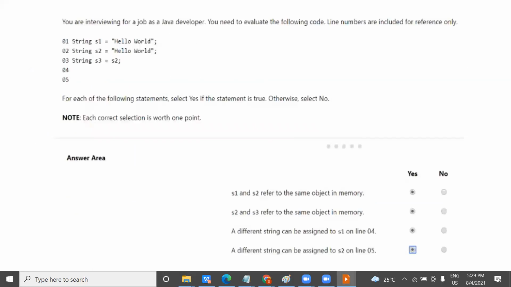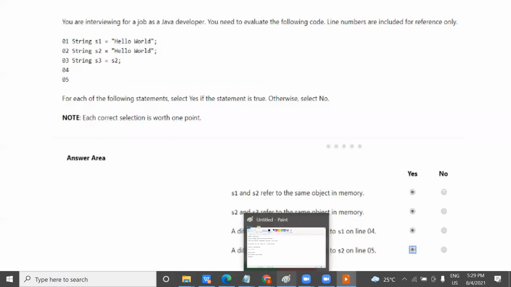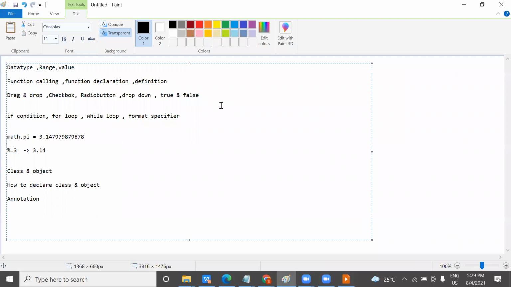Now you can see here, this is the pattern of yes and no only, but in this way you need to select it. You need to understand, and then based on that select yes and no. Okay, any question, any one of you, about this pattern? Because first you need to understand the pattern, then based on that you start preparation.